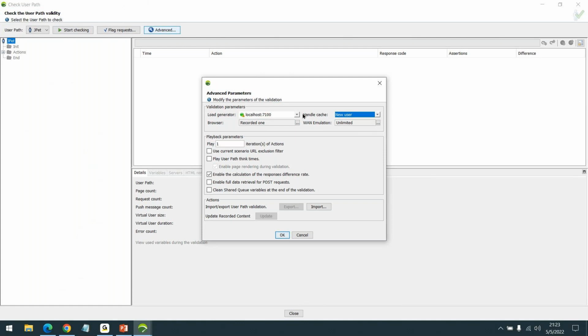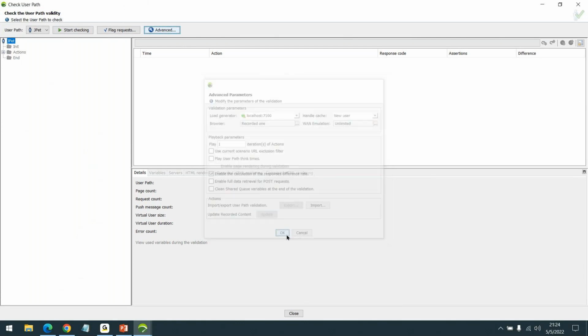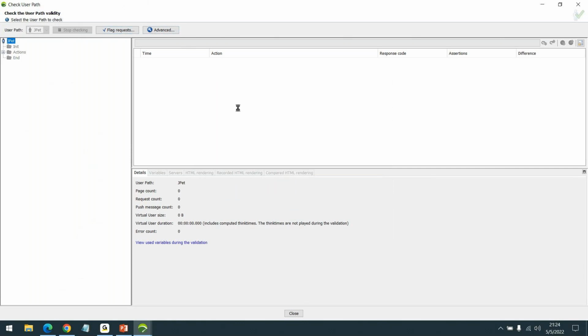So it's like a browser with no cache. It is coming as fresh. A fresh user is trying to launch and traverse through all the transactions that we have recorded. We will discuss other settings later as we progress. I'm just going to click on start checking.